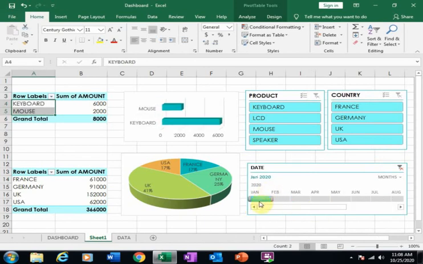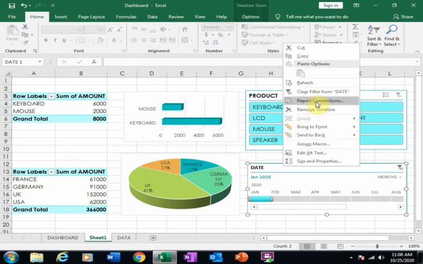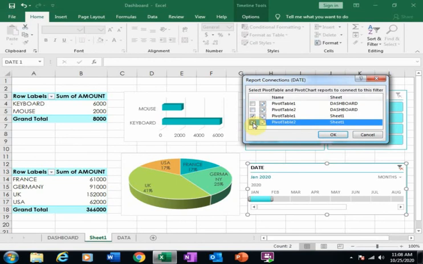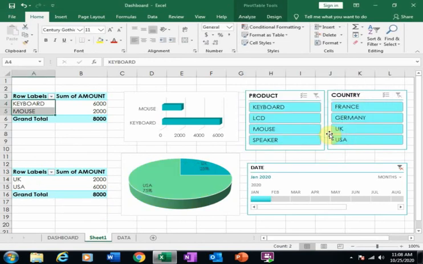If I click January, it will display the January cells, but I will also link this to pivot table 2. Just right click here and go to report connections and click pivot table 2 and click OK. Now it links to both the charts and data.